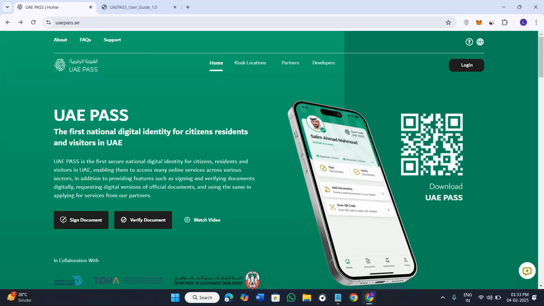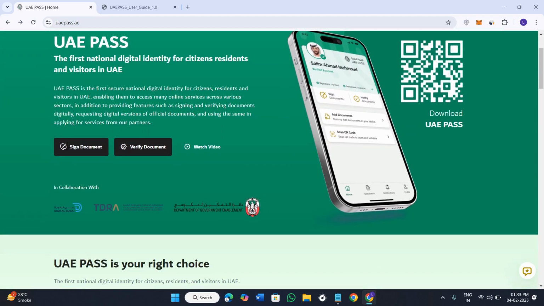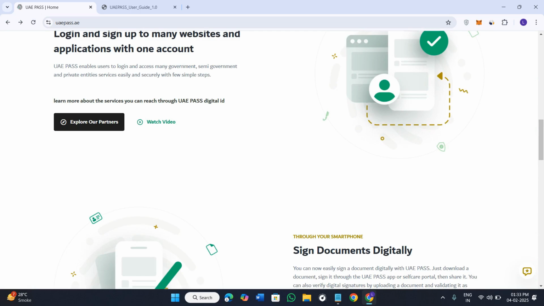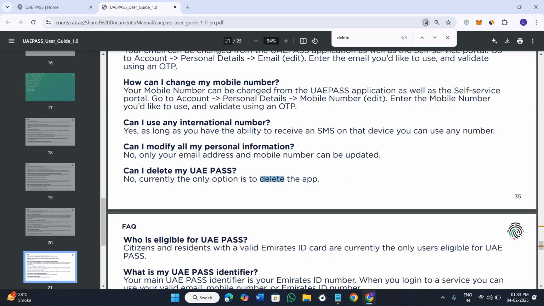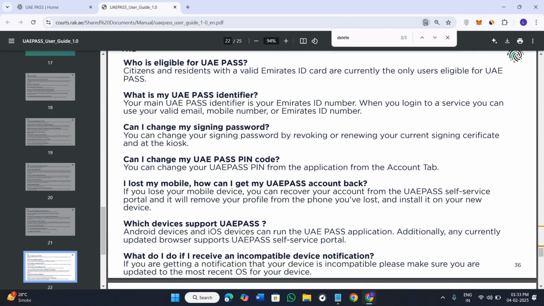In today's video, I'm going to show you how to delete your UAE Pass account. So in order to delete your account, we first need to understand, can you actually delete your UAE Pass account or not? For that, I found the user guide here,